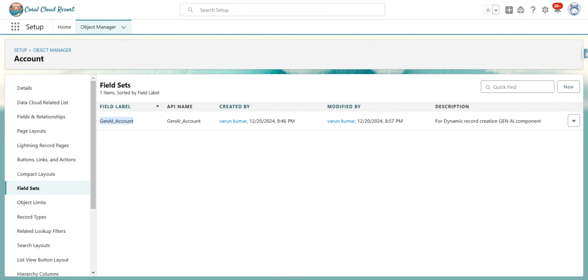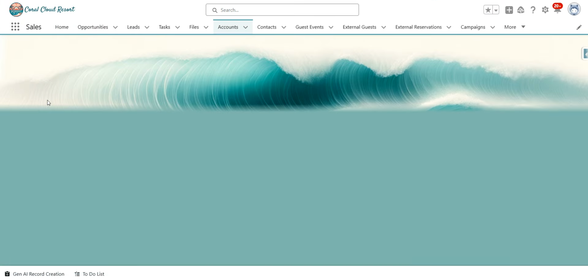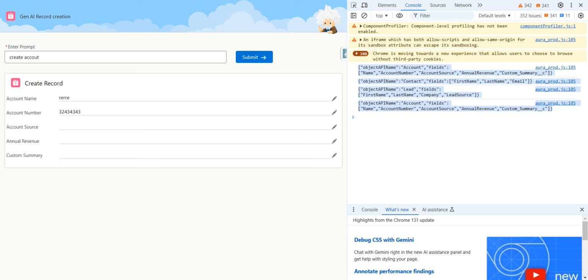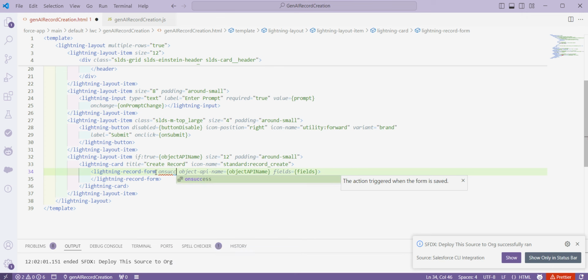If I go to my page, you can see this is the account which we created. Yes, and this is working fine now. What I'm gonna do here is, if you want to show a toast message once the record is created, you can do that. What you have to do is add this event on success, call this function called handle success,